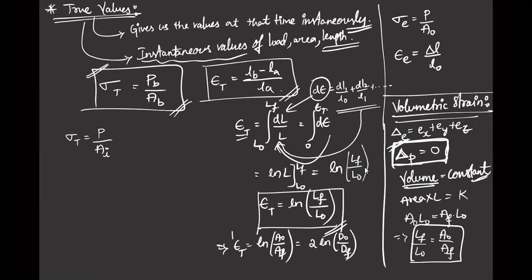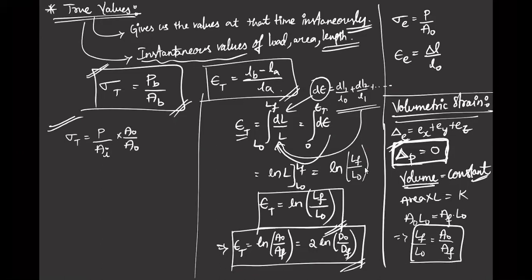I just substituted. Okay, it's simple math. You have to just substitute area as pi d squared by 4 or pi r squared, if I took d as the diameter. Now we got the value of true strain. Now we are interested to calculate true stress also. So this is easy. So just